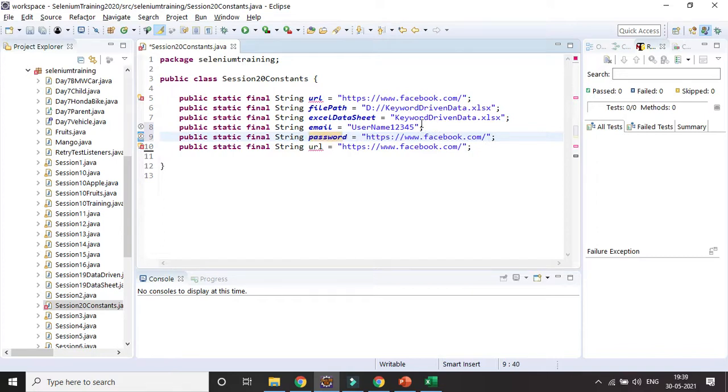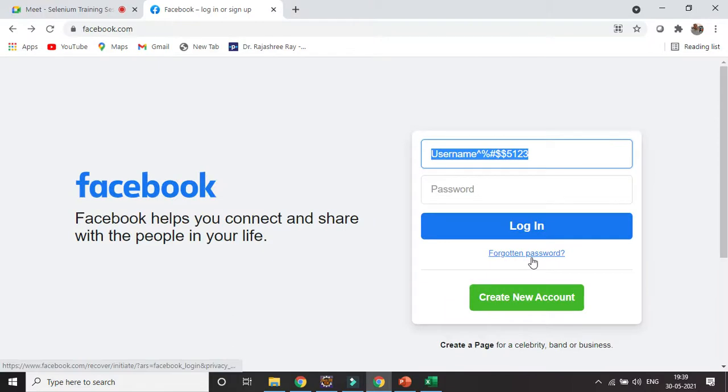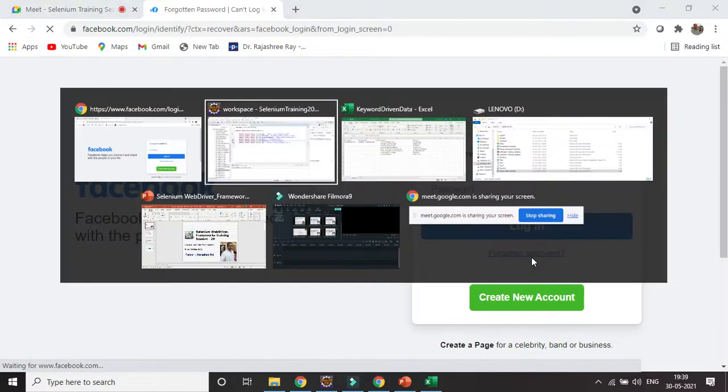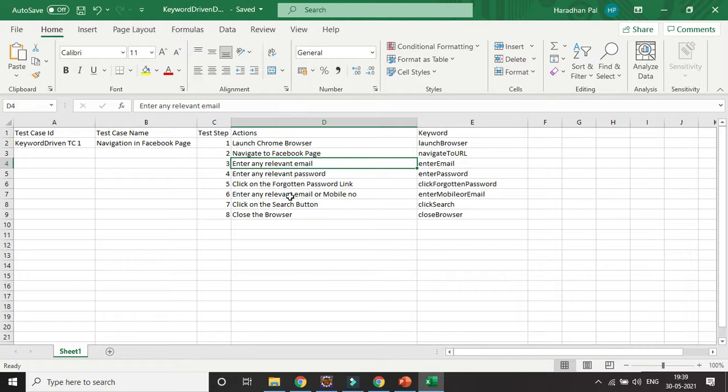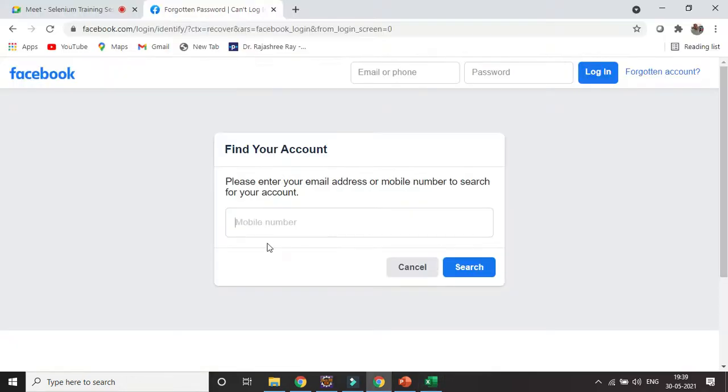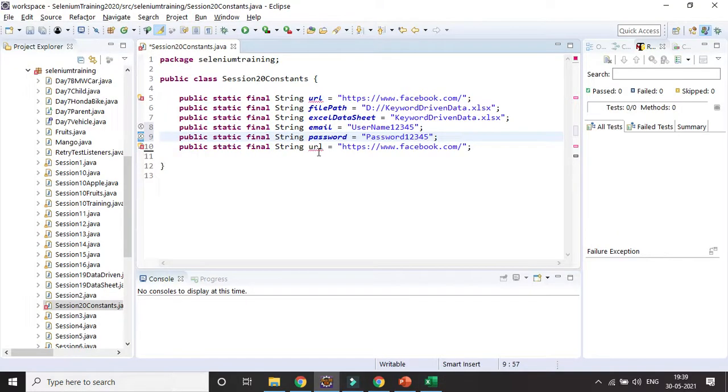You can give any password which will be fixed, because we are not varying the data, right? Data driven will be varying the data, whereas keyword driven will be based on the keyword. Then next one is after clicking on the forgotten password link. Based on whatever we add, you can see these are the two things, enter, and another we are entering, so it is also another field, right? So I can give it mobile number here, mobile or email, okay?